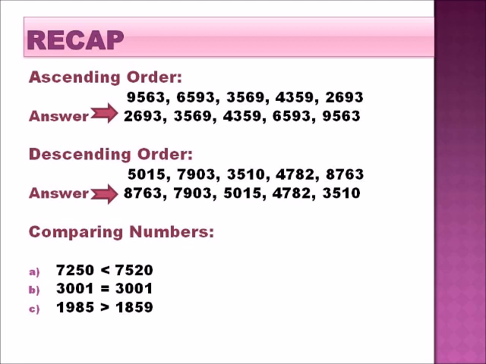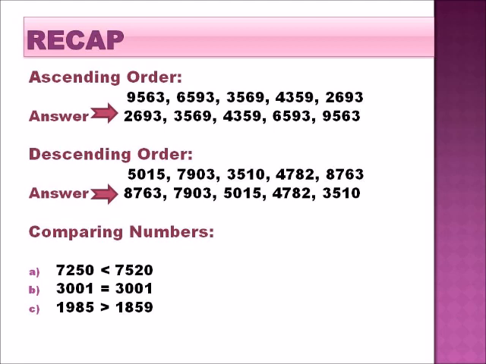First is ascending order. Here we have to arrange the numbers from the smallest to the greatest number. In the first question, 5 set of numbers is given, that is 9563, 6593, 3569, 4359 and 2693. Here by comparing the digits, all are same. Then we compare the thousands place. Since all are different, we arrange from small to big as